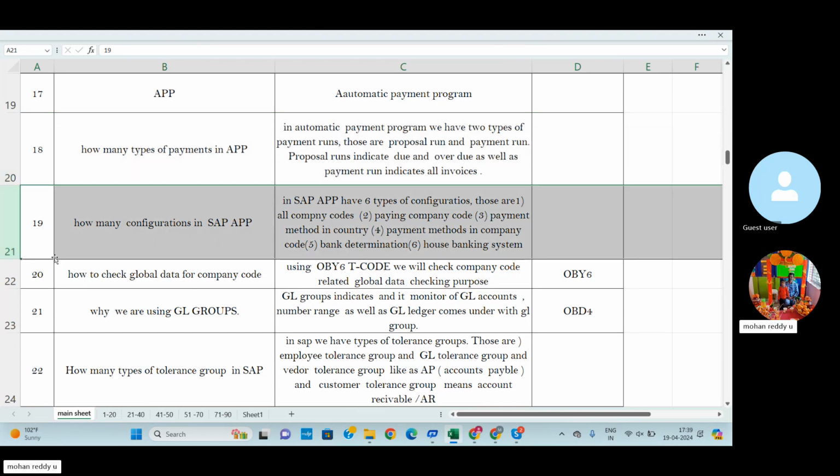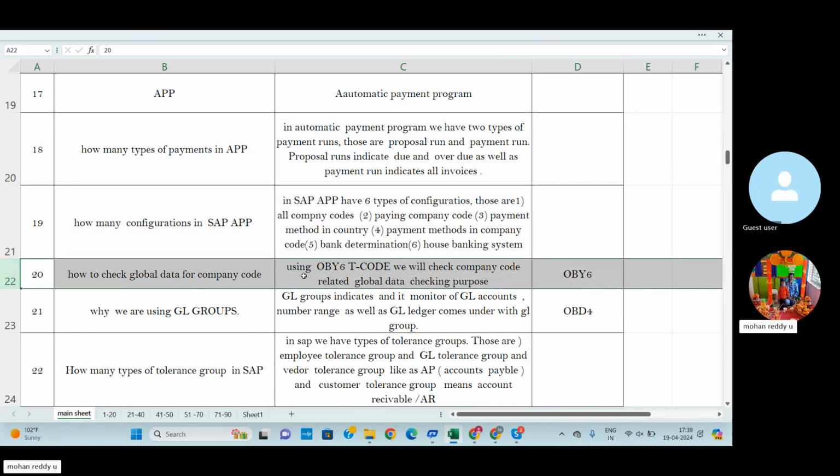So then let's go for the 20th question. How to check the global data for a company code? Global data is nothing but, once we have completed all the information for the particular company code, like chart of accounts, credit control area, field status variant, GL group, we need to check that everything is done properly. We check each and everything using the OBY6 code.